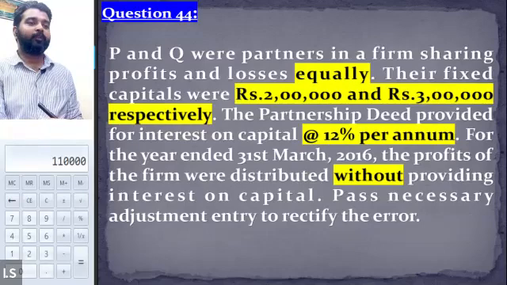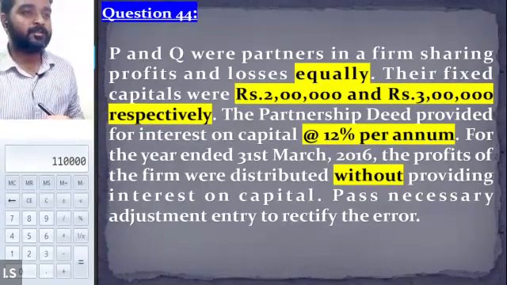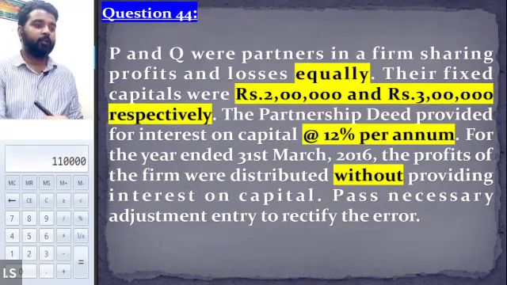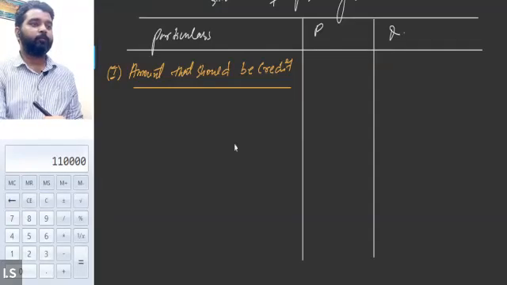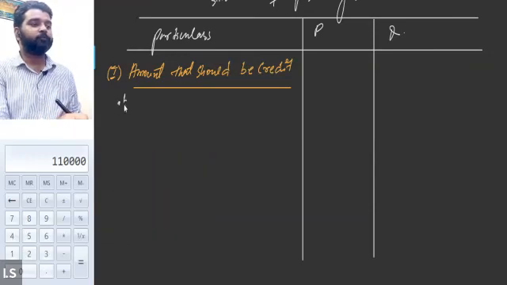So 12% of interest is the amount that we forgot to credit in the partner's capital account. Is that right? Yes. So now we will calculate 12% of the capital. 12% of 2 lakh will be 24,000 and 12% of 3 lakh will be 36,000. So let me just write it down. The amount that should have been credited to the partner by way of interest on capital